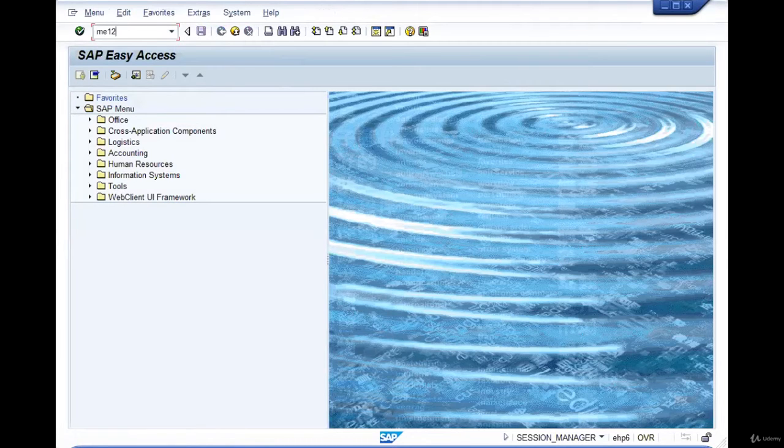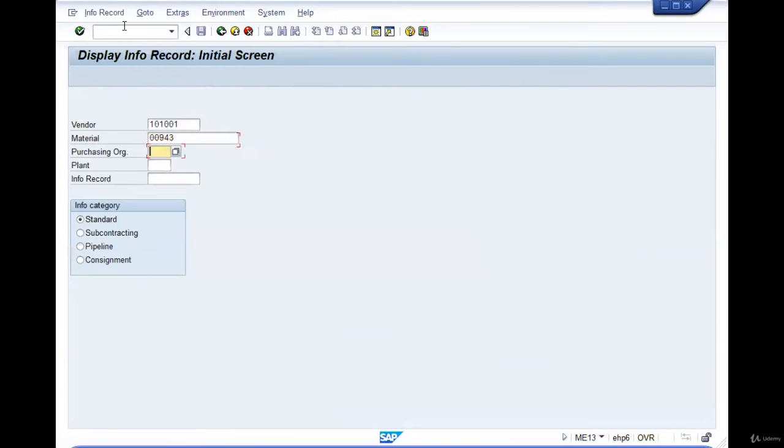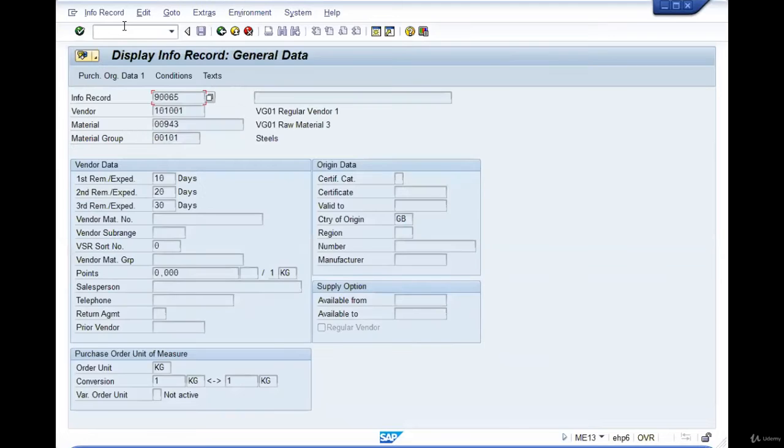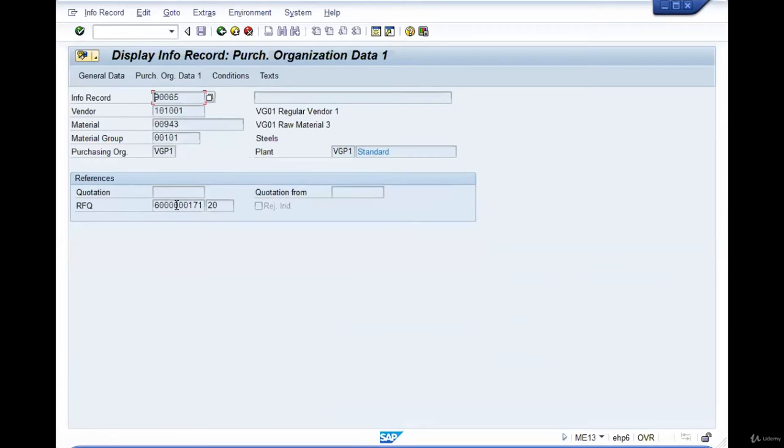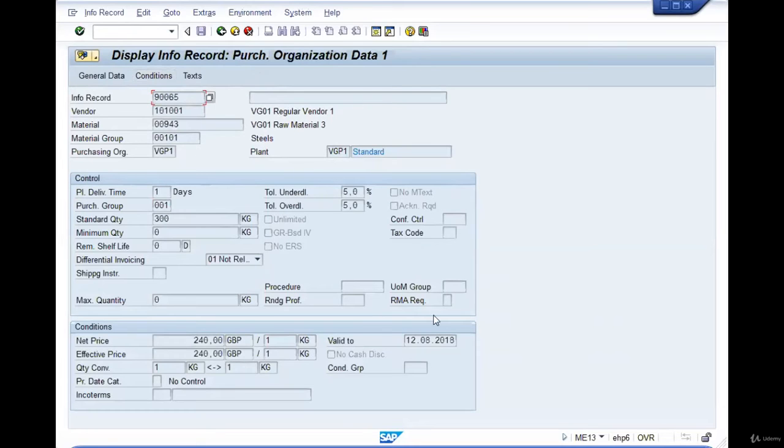So once we select this option and click on save, when I now go to ME12 or ME13 for that vendor and material in that specific purchasing organization and plant, the price would be immediately updated as of this date, and the quotation number will also be automatically updated, indicating that this price is taken from that specific quotation.